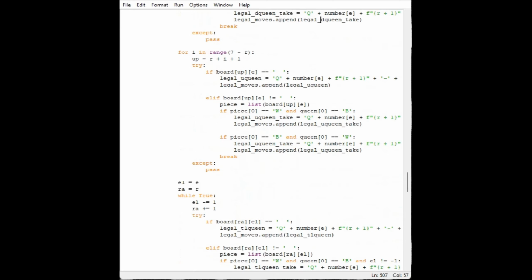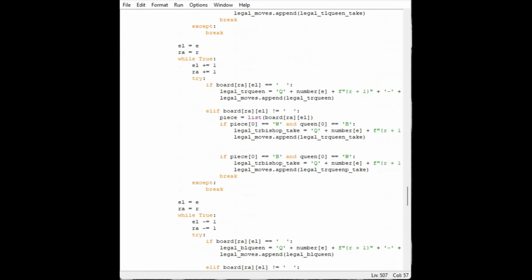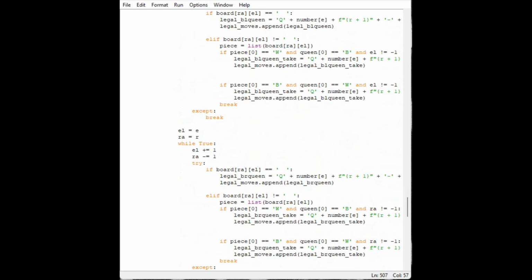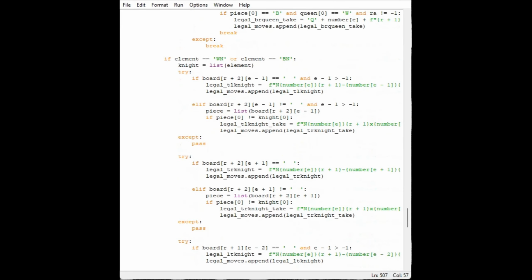But if it showed the variable that it had the issue with, I would have some sort of idea what I'm working with. So basically the queen is just a copy and paste of the rook and the bishop. And then the last one I did was the knight, which, as you can see, is actually a little shorter. These try and accept chunks are a little shorter because with the knight I tried to experiment a little